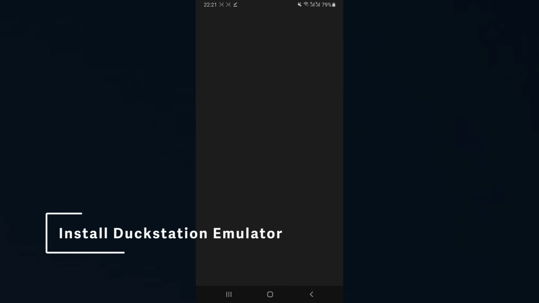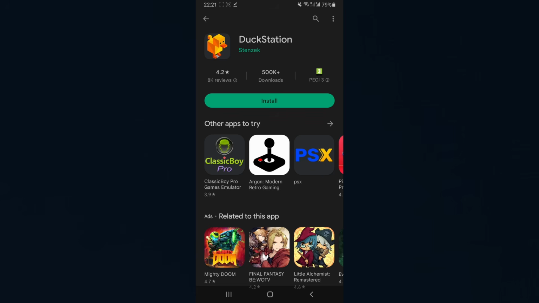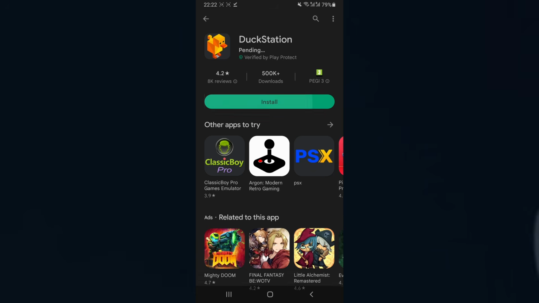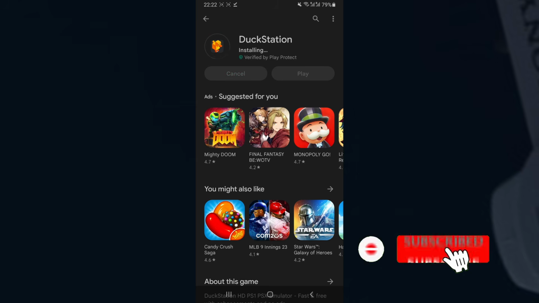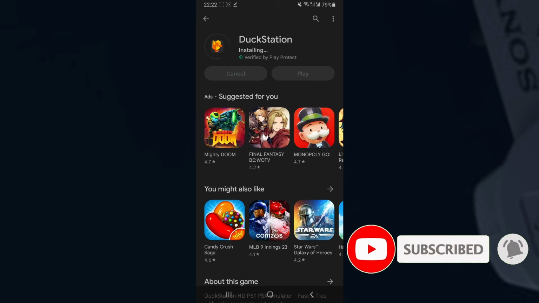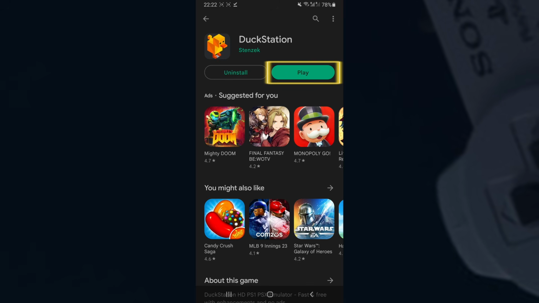The next thing that we're going to be doing is to install our PlayStation emulator. The best PS1 emulator on Android is by far an emulator called Duckstation. I tested many games using this emulator and they all ran perfectly, and it's also free to download. So just make sure that you install it from the Google Play Store, and here you can just click on